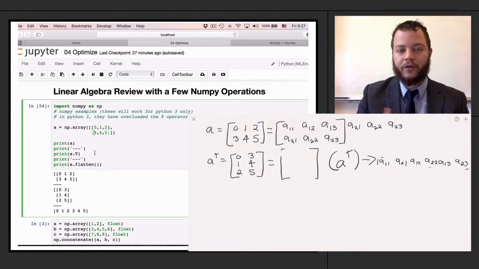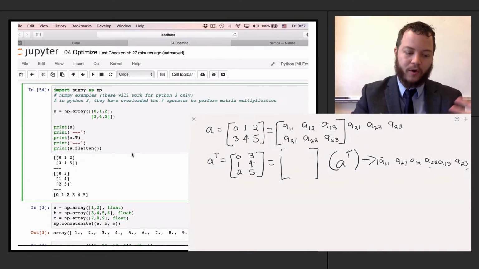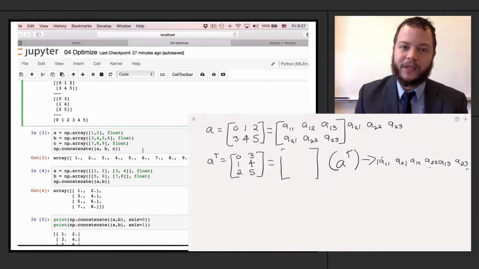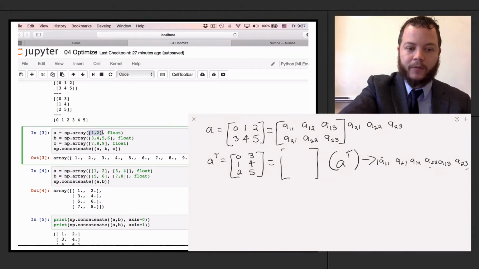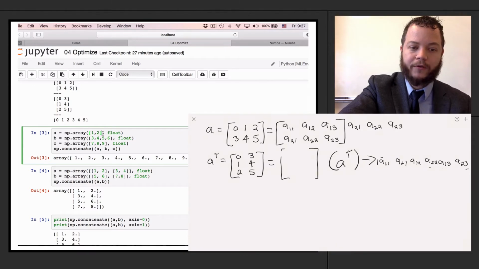So concatenation is also a really important operation because it's how we can add features or add observations to a given matrix that we have of, say, feature data. So Numpy has a lot of built-in concatenation operations. The first one, let's say we wanted to concatenate 3 different matrices, and these are all vectors, right? So A, the first one, is going to be just a single row by 2 columns, so it's a 1 by 2 matrix. B is going to be a 1 by 4 matrix, and C is going to be a